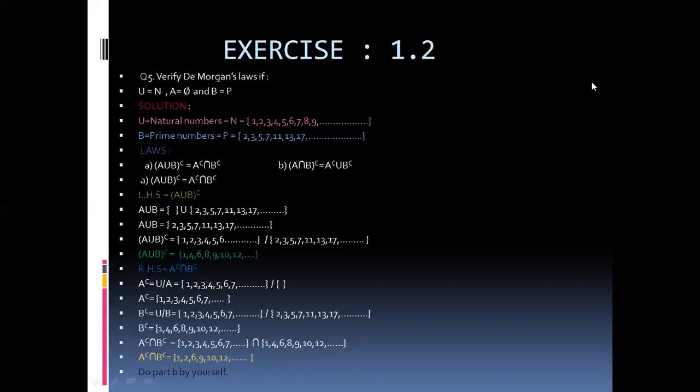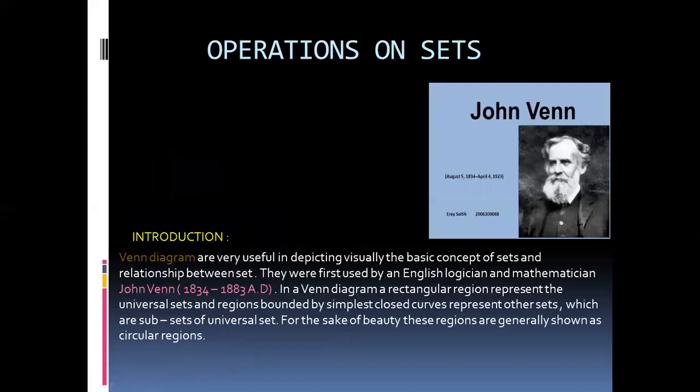Yes, but now come to the Venn diagram. Venn diagram is our next topic. Before doing this, again I'm telling you about the Venn diagram. Why do we use a Venn diagram? Because it is easier for us to find the elements and the operations on sets. When we see the diagram directly, we can say which type of sets are given to us: either they are disjoint, subset, or overlapping sets.